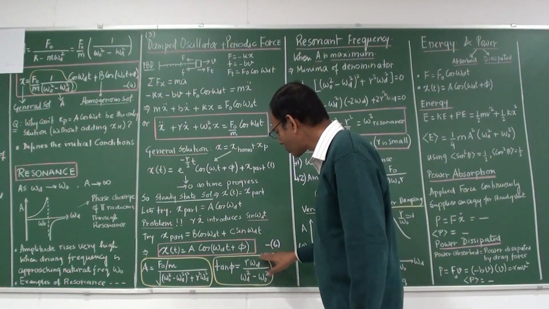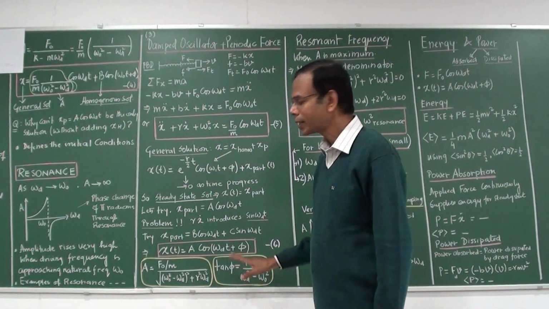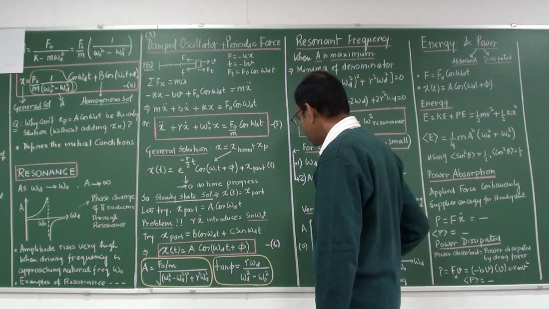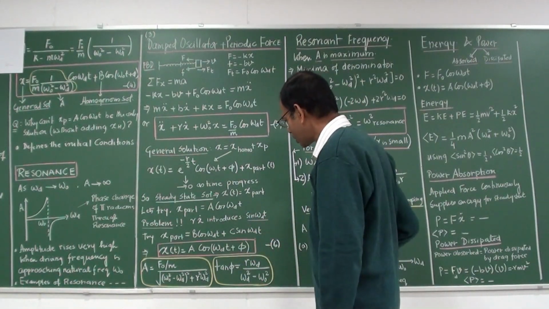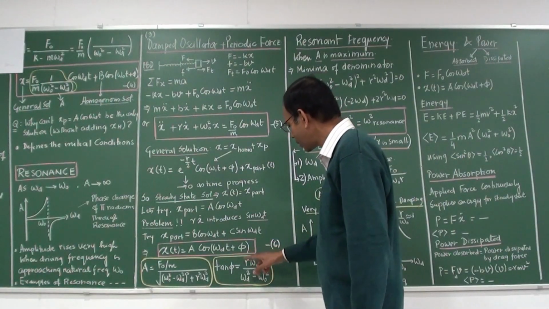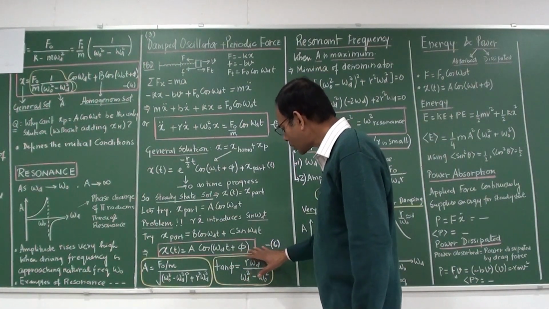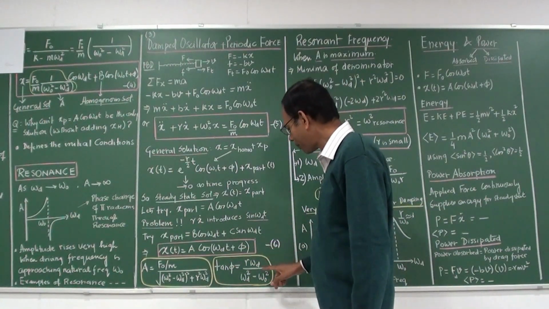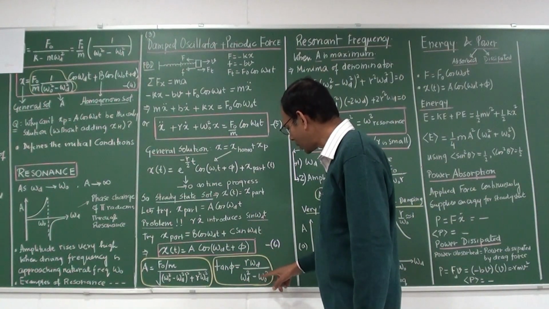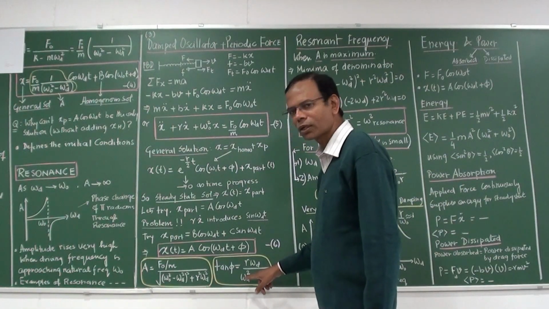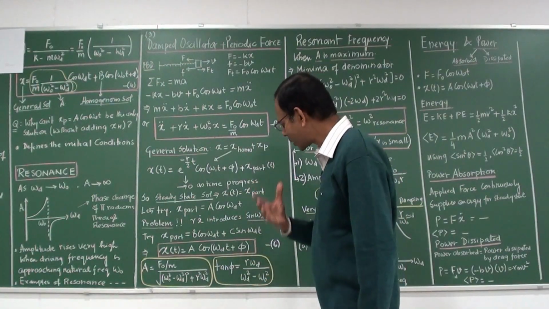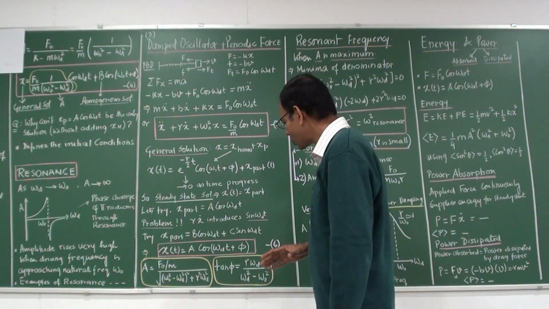Now, this particular expression, that is tan phi, is throughout negative. If you see the plot, it is there in the book, I have not written it over here. If you see, the plot is totally negative. But one thing you have to remember, sometimes you may feel, if omega 0 is less than omega d, what will happen? All these confusions may come. So it is better you look up the book. There you will find